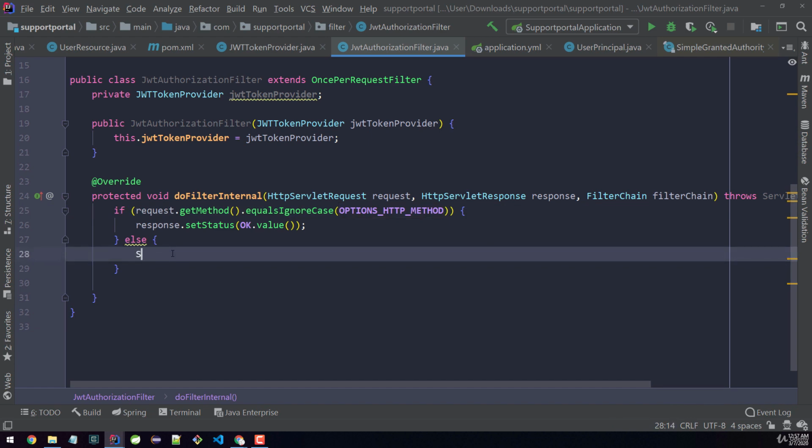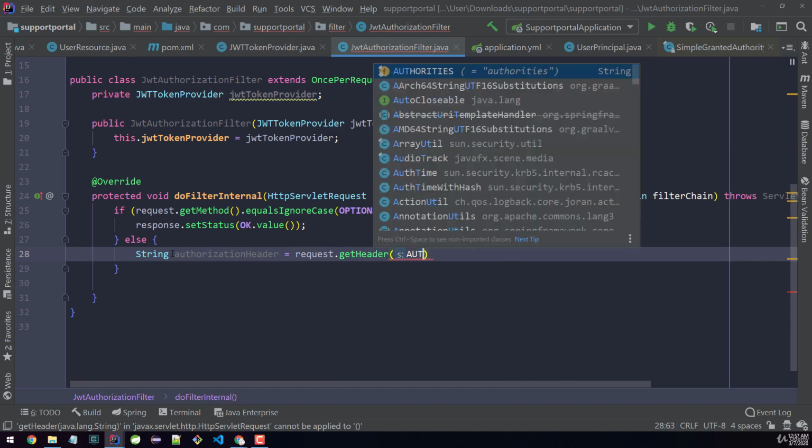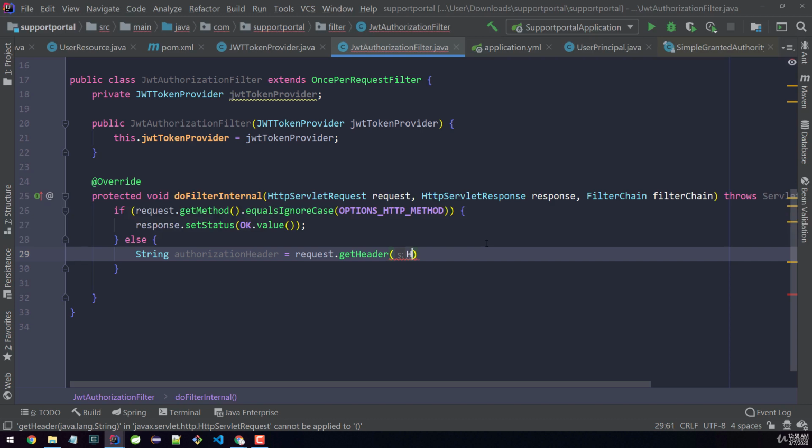So now I have to make sure I can get the actual token. So let's do String authorizationHeader, because the token is going to be in the header, and then here we can call on the request to get the header, and the header that we want is the authorization header. So let's do HttpHeaders from Spring,